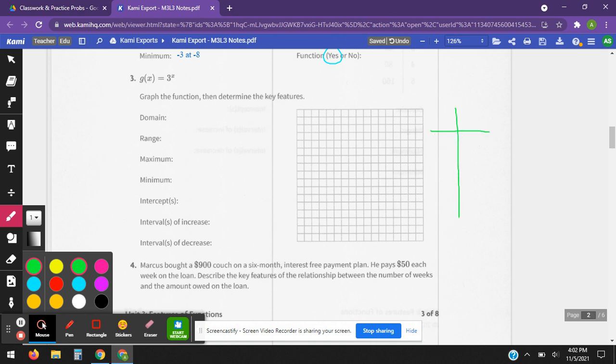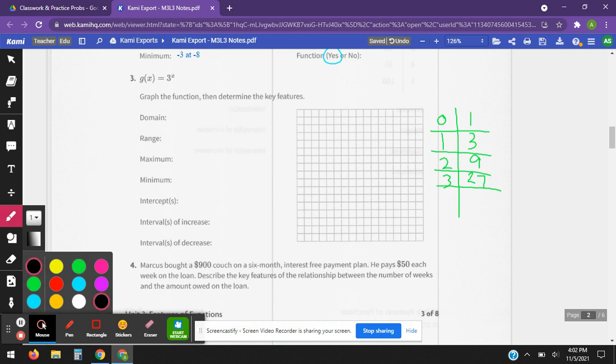So if I'm just going to start with 0 on here, 0 and 1, and then 1, 2, 3. So 3 to the 0 is 1, 3 to the first is 3, 3 to the second is 9, 3 to the third is 27. I don't know if I'm going to get all the way to 27 on here, but let's just go ahead